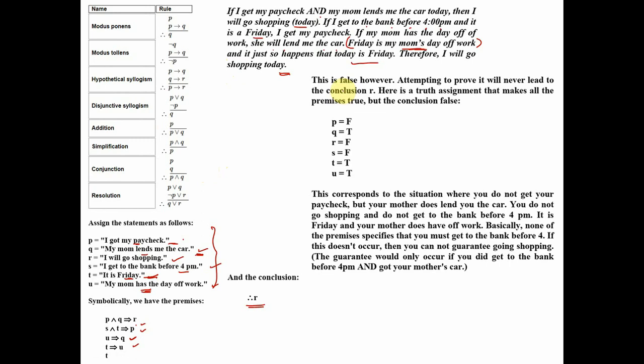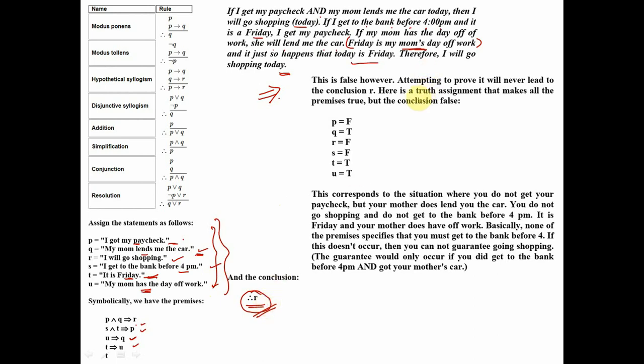Now try to solve this question. I'll give you 10 seconds. Just think over the question. Now the twist in this question is the argument is not valid. It is not necessary that whatever arguments you are given will always be valid arguments. Now this is an invalid argument. If you try to verify the argument, whatever rules you apply, you will never come upon the conclusion R.